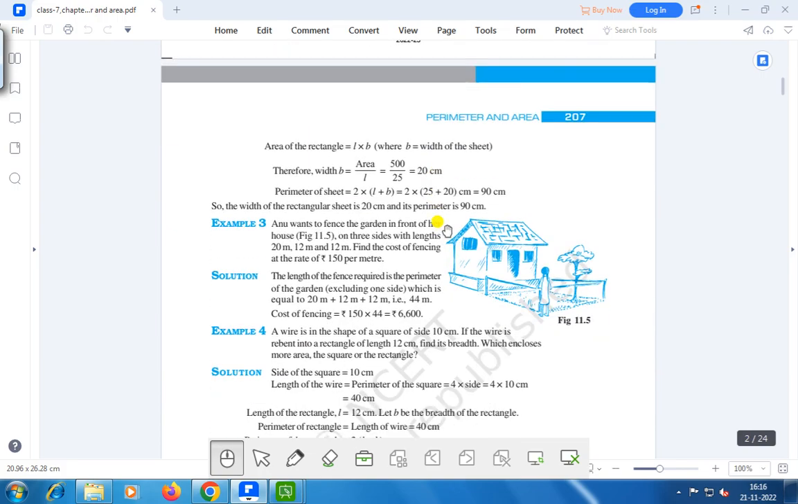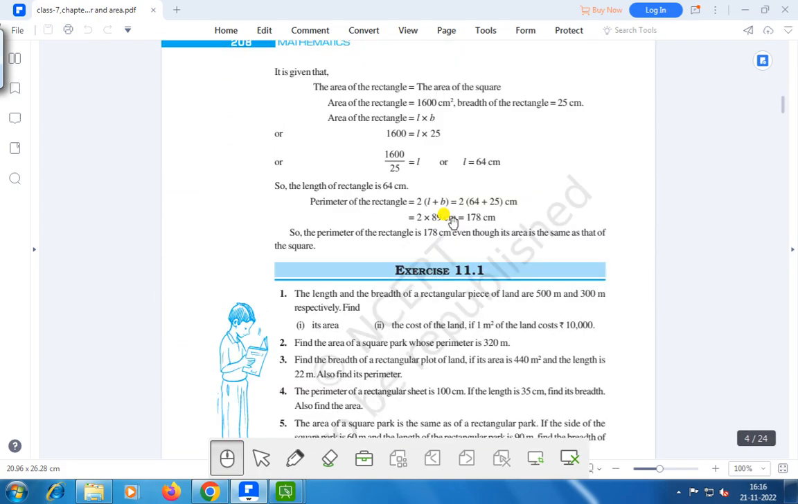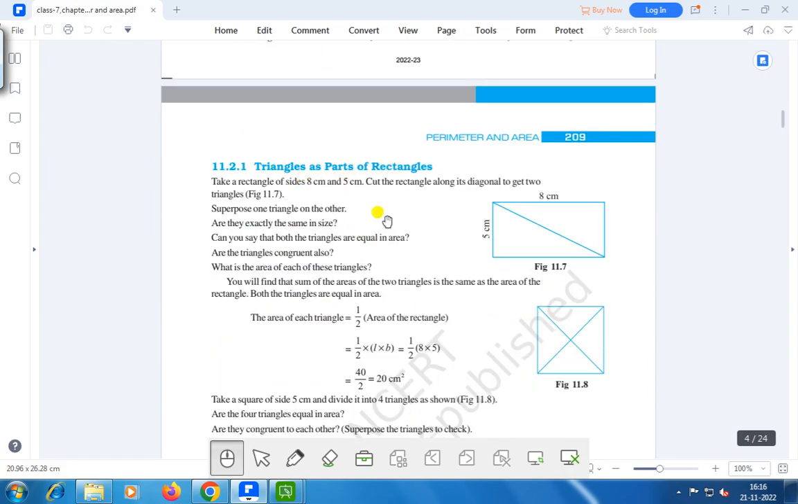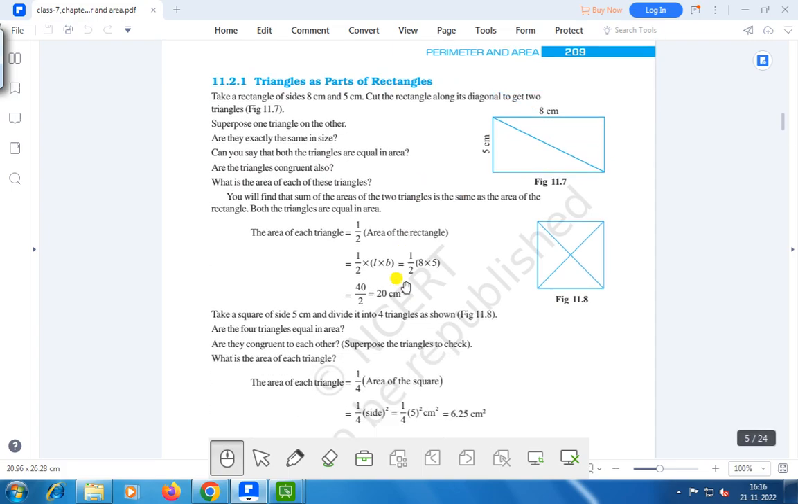Next we learn about triangles as parts of rectangles. Here, suppose this is a rectangle. If we draw the diagonal, we get two triangles, and these triangles are congruent to each other, right? Therefore, we know that area of a triangle is half into base into height, right? Therefore, area of each triangle is equal to half into the area of this rectangle,